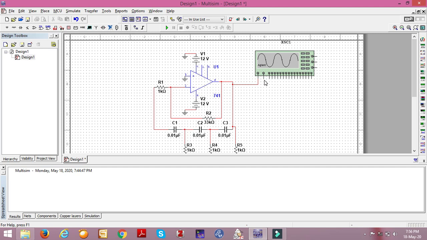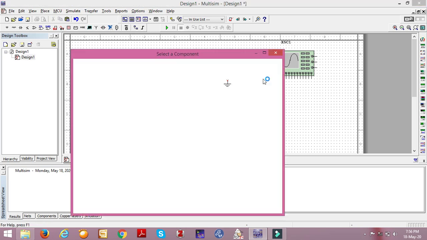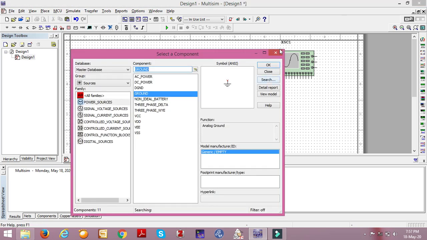The other end of the oscilloscope is to be connected to ground. If you are using 2 channels, then you can use this as the first channel and this as the second channel. I don't use a second channel because I want to display only the sinusoidal waveform that is expected, so I am using only 1 channel. I want one more ground point, so I will take the same copy of the ground point from the circuit, or else you can press Ctrl W and choose from the list.